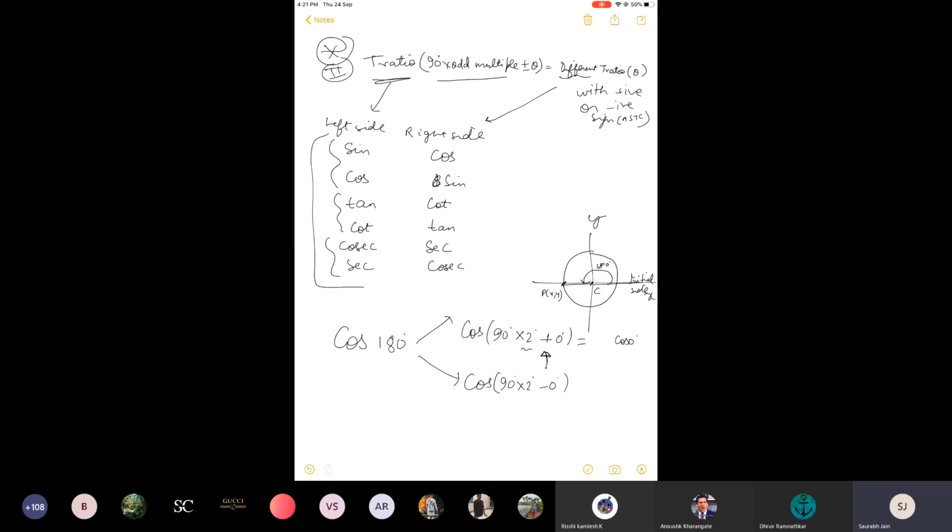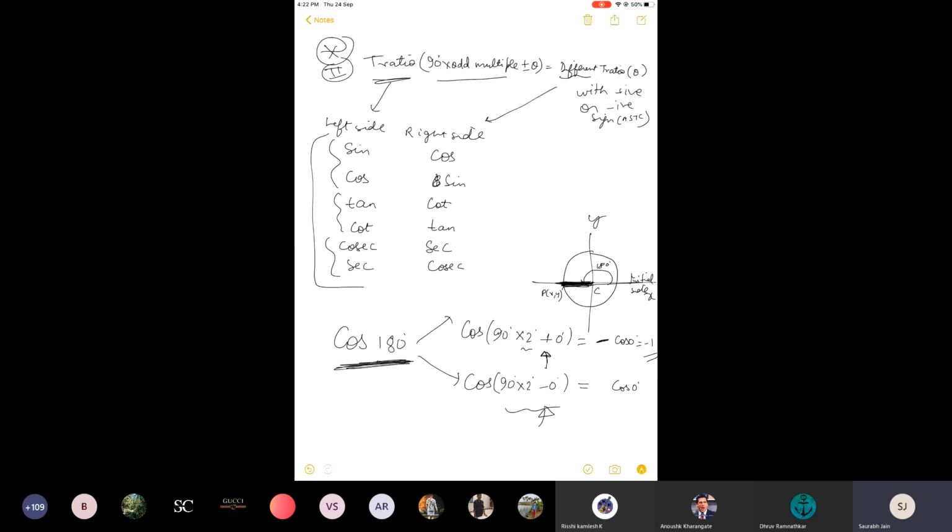Though it is 0, consider it for some time, because your question is whether this angle will be a part of the second or third quadrant. If I take it as 180 plus, then it is third, and if I take it as 180 minus something, then it is second. Let us take it in the third quadrant. If it is 180 plus something, then its value should be minus, because in the third quadrant cos is negative, and the value comes out to be minus 1. But some of you may say, sir, it is 180 minus, so it should be in the second quadrant. That is okay, but first let me write it is an even multiple, so cos 0.